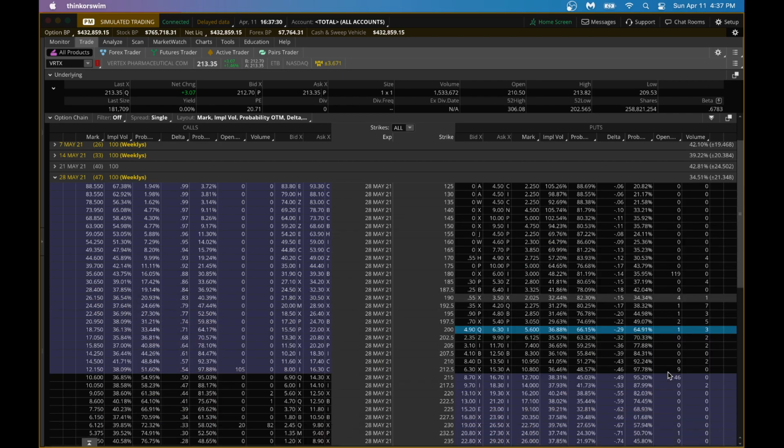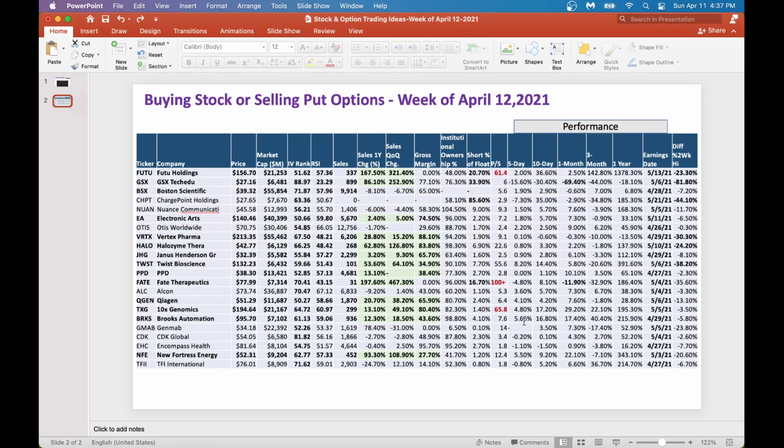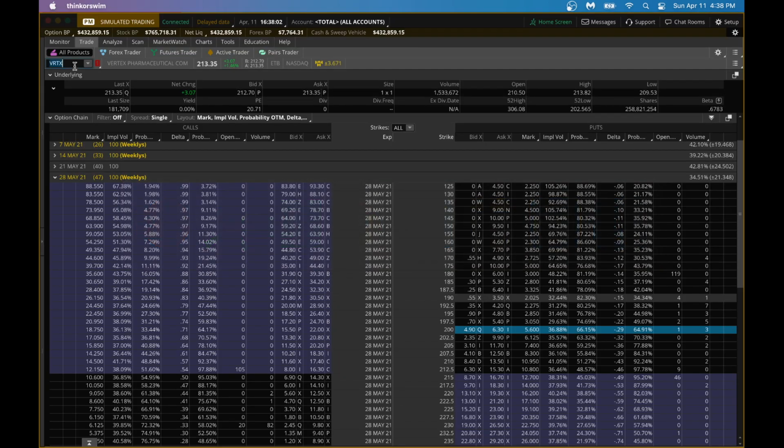So now let's look at one more stock. For that, let's look here closely. Twist Bioscience. If you look at Twist Bioscience, it's a $132 stock. Nice sales growth here, and IV rank is 59, RSI is 51, and it's 38% off of its 52-week high. So that could be a good candidate. Earnings is coming 5-6. We have to watch out a little bit. So with that, let's go to Twist Bioscience, TWST.